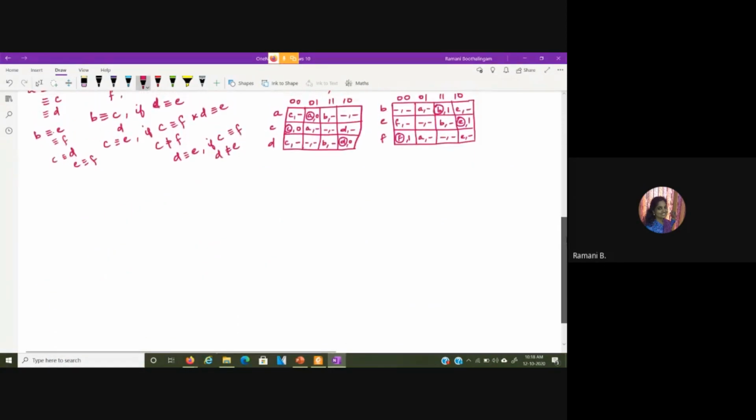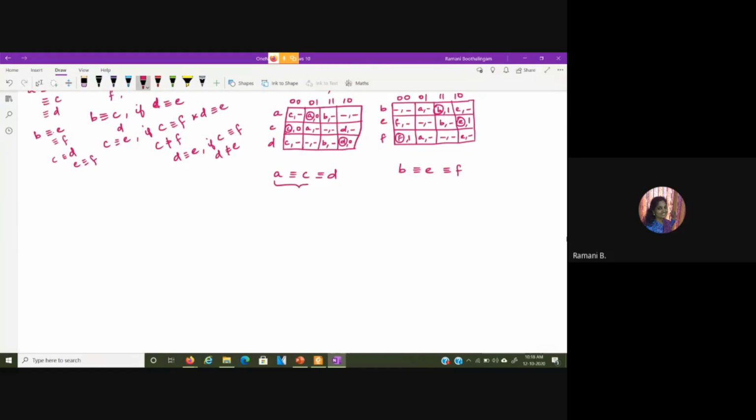Now from this, we are saying the states A, C and D are equivalent and B, E and F are equivalent. So we keep any one of these states.